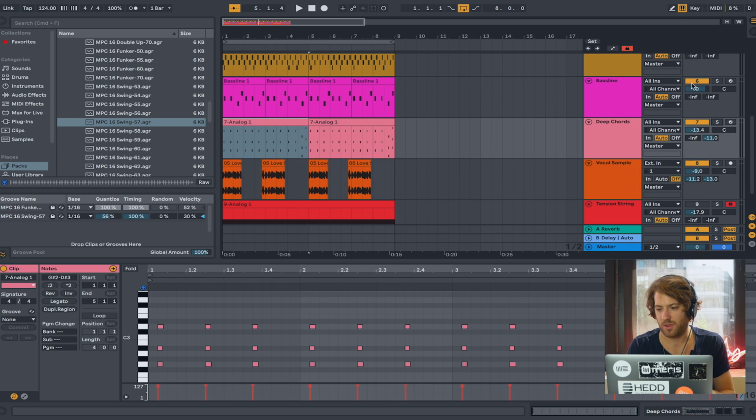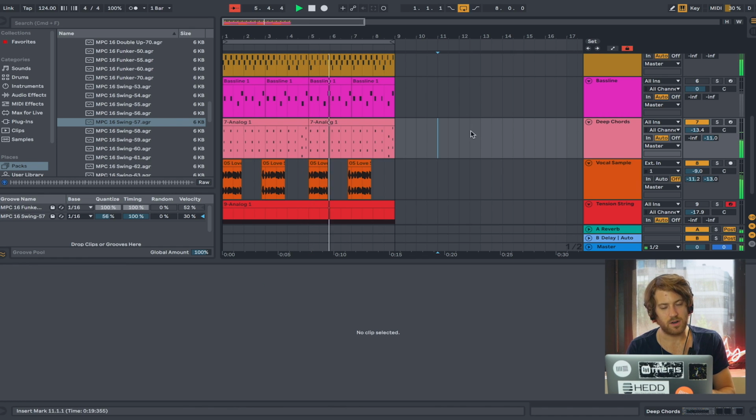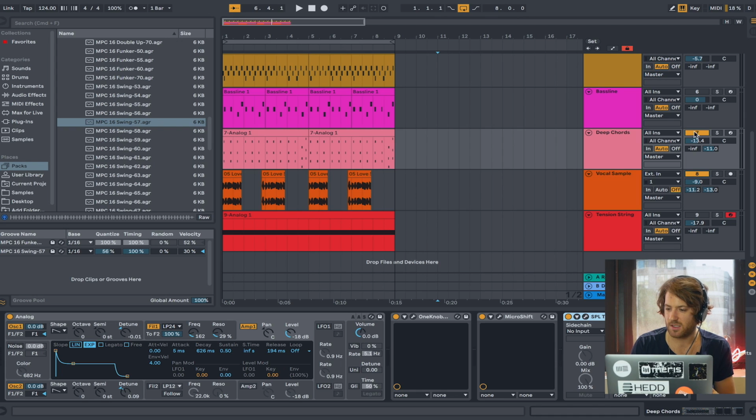So if we listen to the beat now with the chord stabs in, we have a very, very classic kind of Chicago vibe. The other thing I should point out with the chords is I've sent them to a delay on a return track. Using return tracks for house music is super important, actually, because it allows us to retain the power of all of our sounds, which we want with house music. So that's the whole point. We want power and drive while also getting effects in there, right? So if I solo my delay,